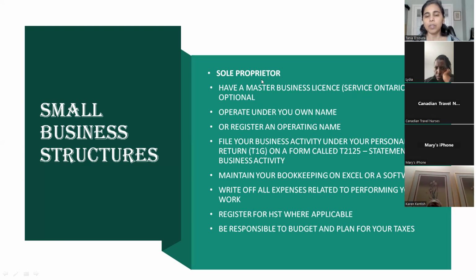So what we do is we figure out in the beginning how much percentage of your income you need to put away, maybe in a separate account, in a GIC or something, or better yet, just pay it to the government as an installment. So that part of budgeting and planning for your tax payments is very key, because this will basically take the stress off you and you won't have to worry about that when tax time comes. That's something, again, you have to work with your accountant.